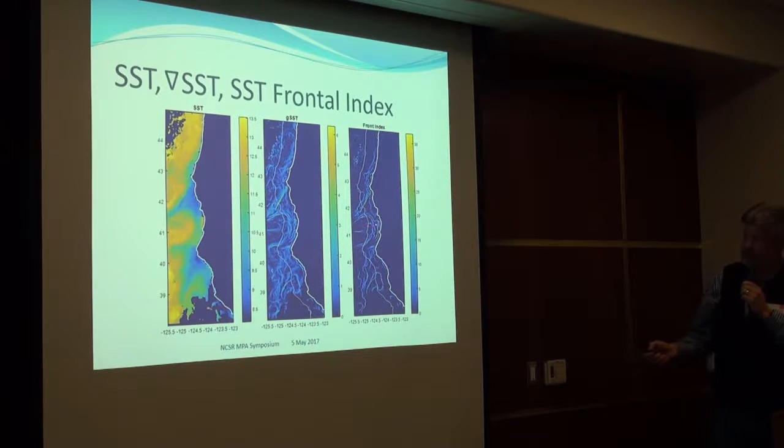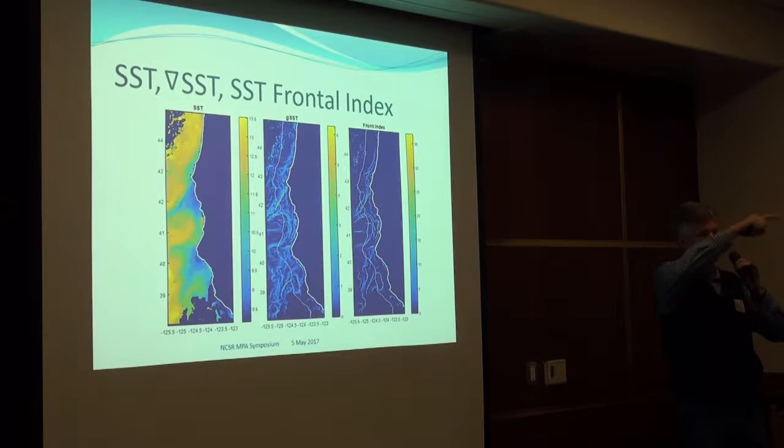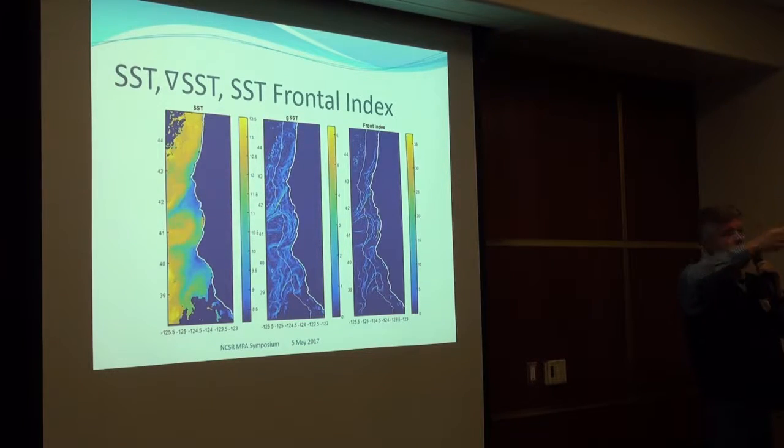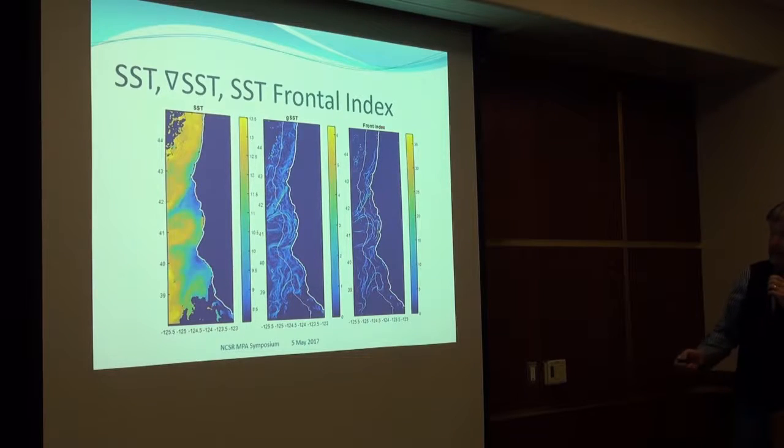And there's a new analysis recently out by Nieto et al., where you take the sea surface temperatures within a little box and you look for two modes of sea surface temperatures by doing a histogram. If you find two modes, those are two distinct water masses, and you ask where's the division there, you call that the front. And then you basically move a window back and forth doing that. And you get a much cleaner